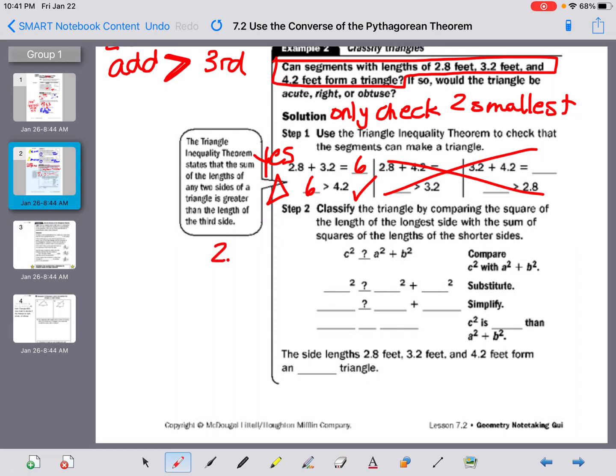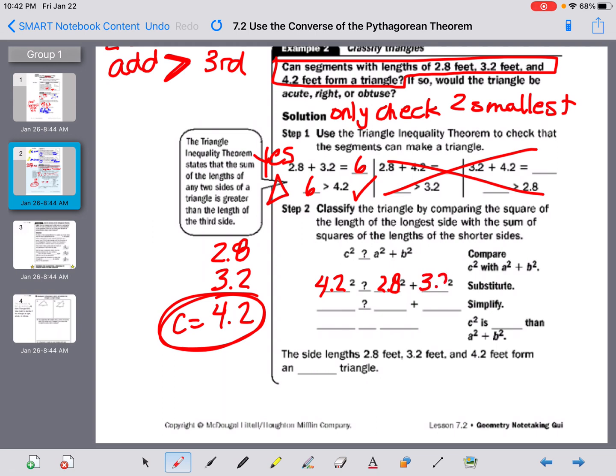So I have these 2.8, 3.2, and 4.2. So my c has to be the longest one. So I put 4.2 in my c spot. I put the other two in the other two spots. It doesn't matter. And remember, this is where we use that calculator because 4.2 squared is not 16.4. I need to do 4.2 times 4.2. Please leave it out to all the decimal places. So 4.2 squared,